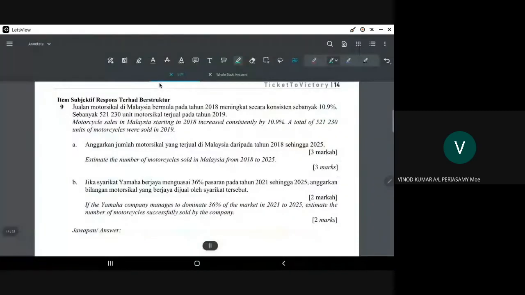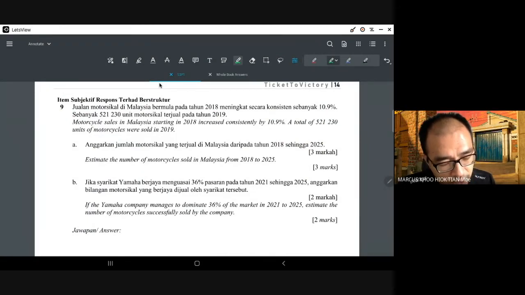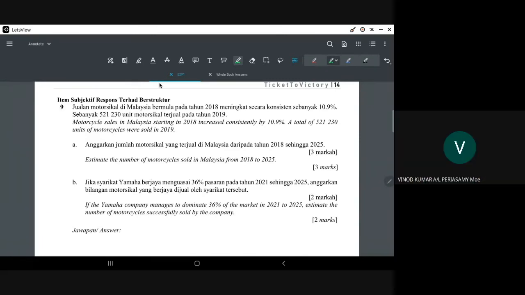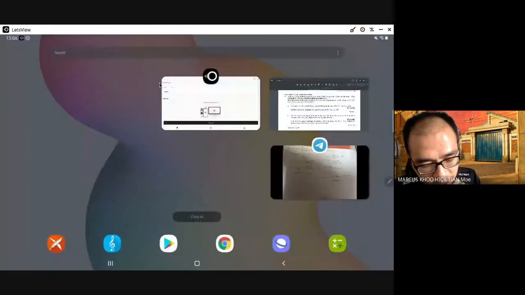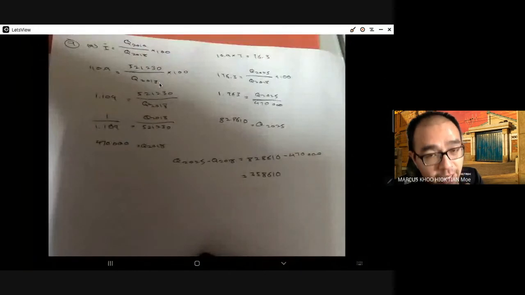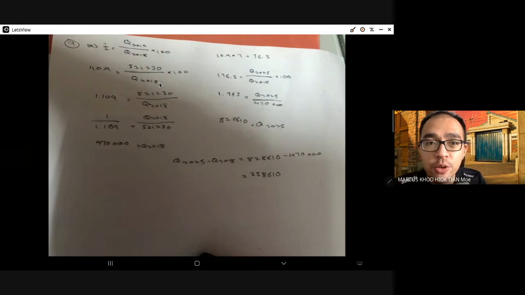Okay, so index kan ni geometric. I feel that it's a geometric question lah, but I don't know why you did index though. Kalau saya fikir index so pada year kan gitu. Tapi dia tiada tahun asas, but that's my issue. Because if there is a tahun asas, I think it will be quite interesting if we do,